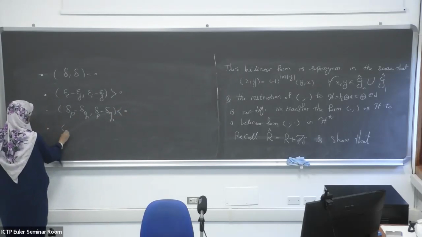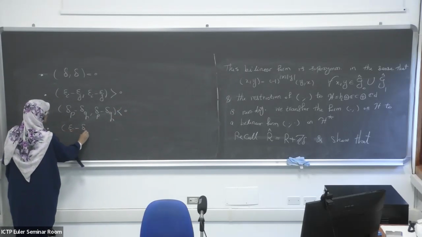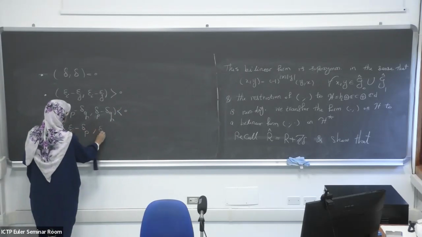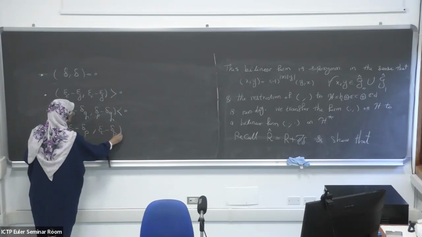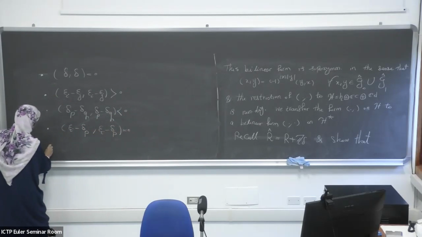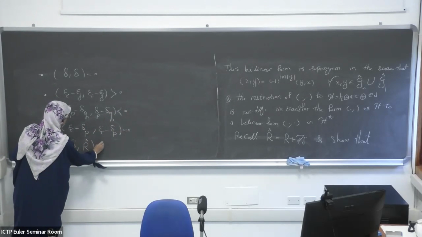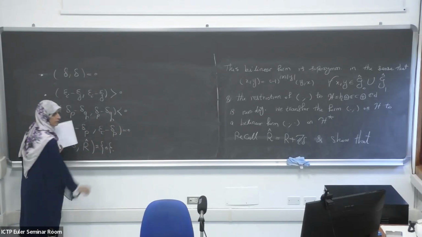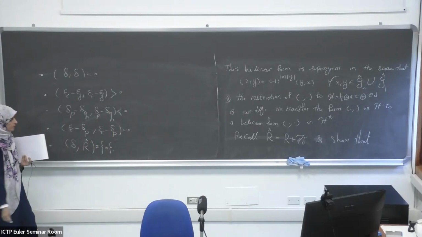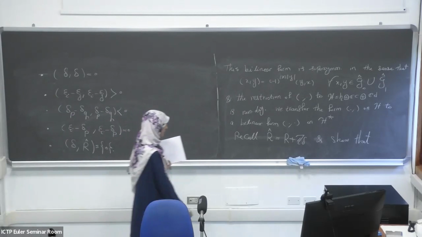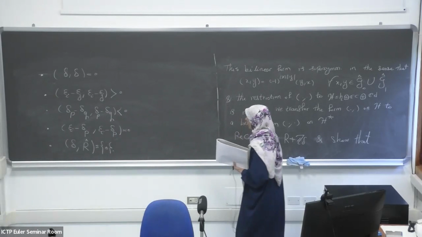Show that epsilon I minus delta P, epsilon I minus delta P is 0. And delta with everything is 0. Okay? In fact,